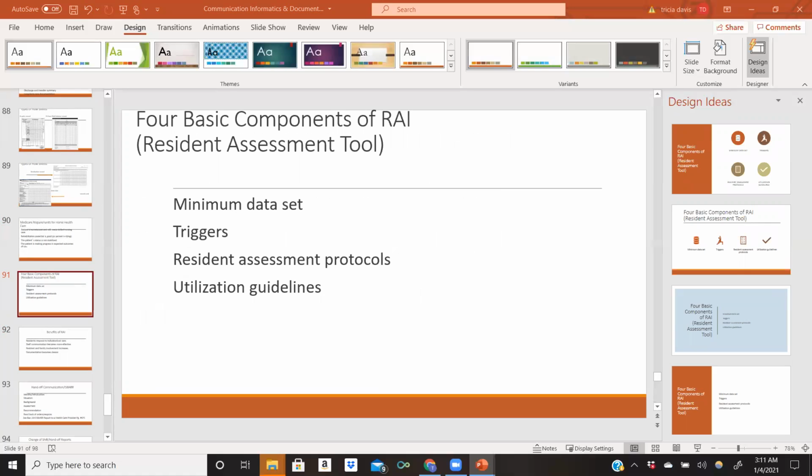The minimum data set is a core set of screening, clinical and functional status elements that form the foundation of the comprehensive assessment of all residents in long-term care facilities that participate in Medicare or Medicaid. The items in the data set standardize communications about resident problems and conditions. They have triggers, so specific residents' responses for one or more of a combination of minimum data elements identify residents who are